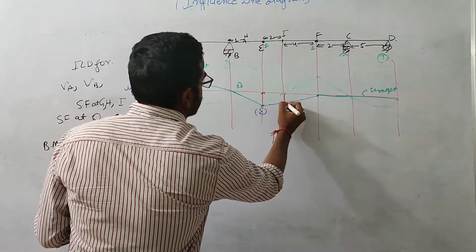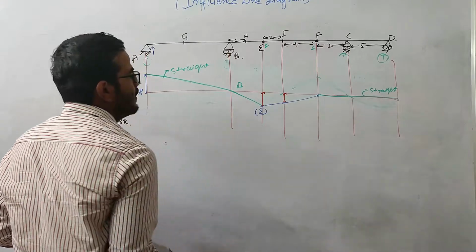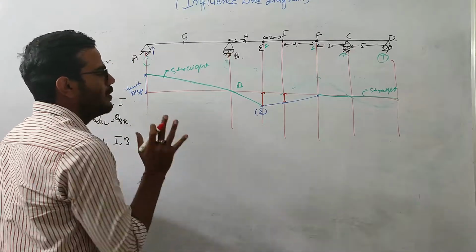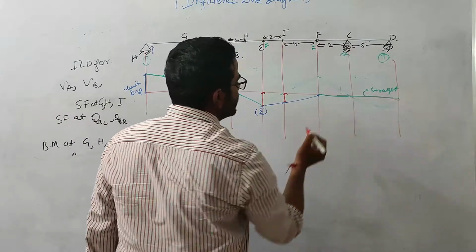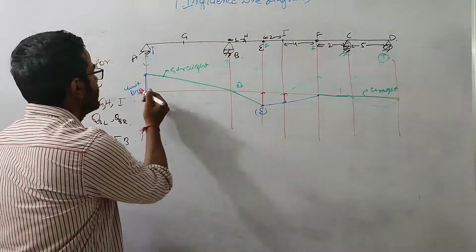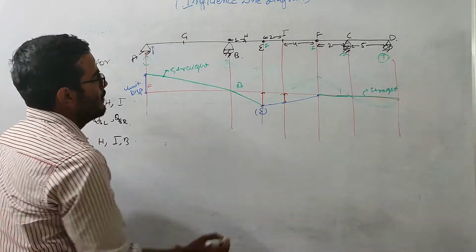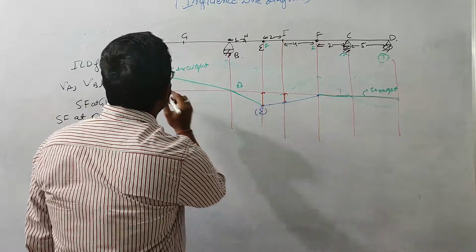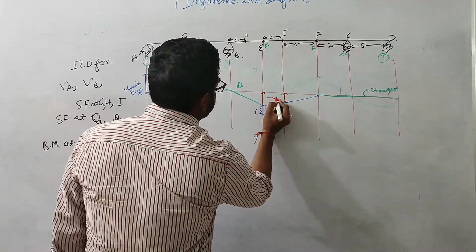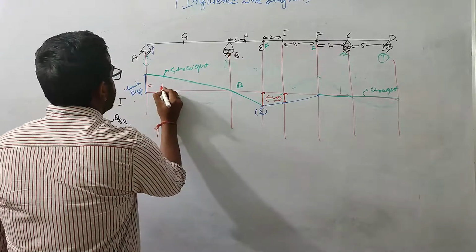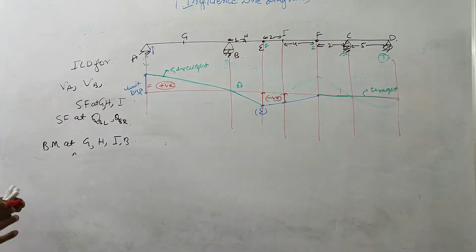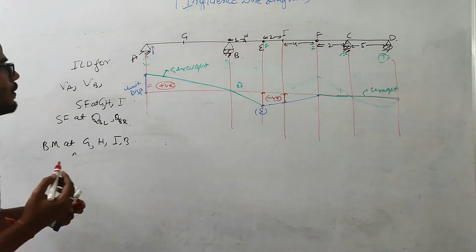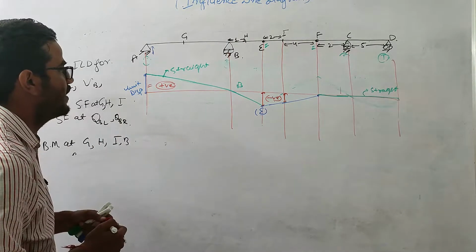Okay, these ordinates we can find by using the concept of similar triangles. What I mean by this diagram is that when the unit load is acting at this point, the vertical reaction at A will always be 0. When the load is acting at this point, the vertical reaction at A will be negative. So this is showing a negative value, and this is showing the positive value, right? So this is the basic case for the ILD for the vertical reaction at A.